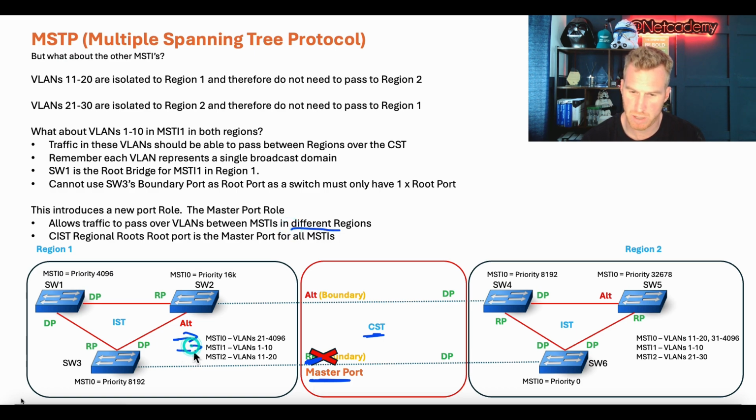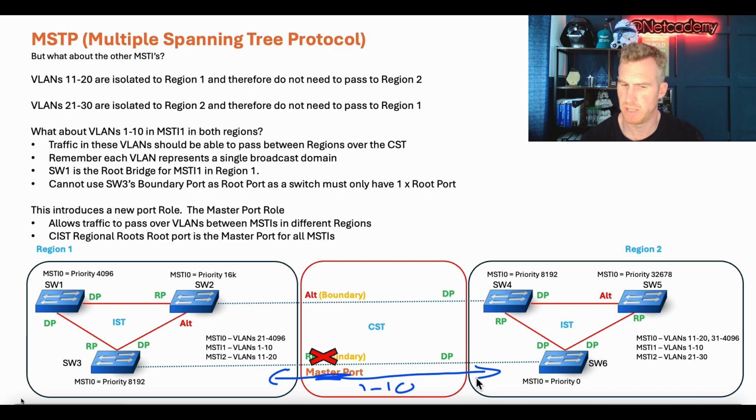So for MSTI 1 and for MSTI 2, it allows traffic to pass over this interface for all those instances. What the master port basically does is allow the traffic for VLANs 1 to 10 to pass from one region over to another region and obviously back again. And it also allows all instances, all MSTIs, for that traffic to go over that same interface. So for MSTI 1, MSTI 2, MSTI 3, 4, etc., they can all use this